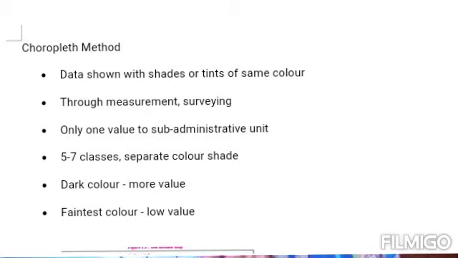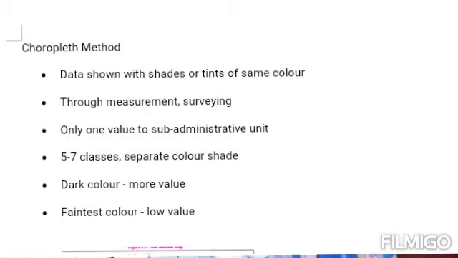Now next thing is, in dot method we had a main administrative unit, that is the district place, and a sub administrative unit, that is the taluka place. In choropleth method you can't assign such 2 types of administrative units. You have to give a value to only one administrative unit, that is a taluka, right? Because we are going to give only one color to a taluka, so we have to use only one value for the sub administrative unit. Now how to decide this value?